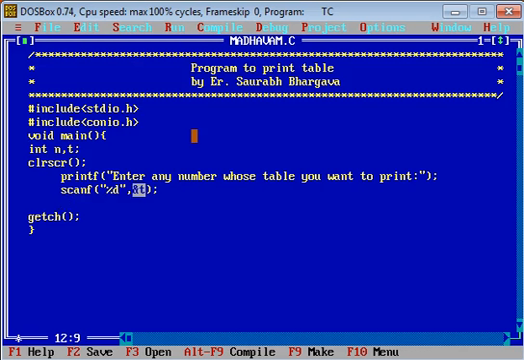After that we need a while loop, and n is less than or equal to 10. This is the condition. We have to initialize n. After that, a while body,